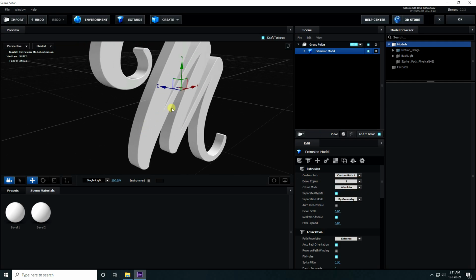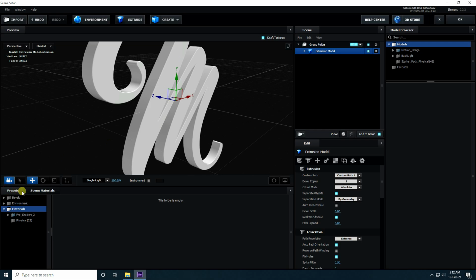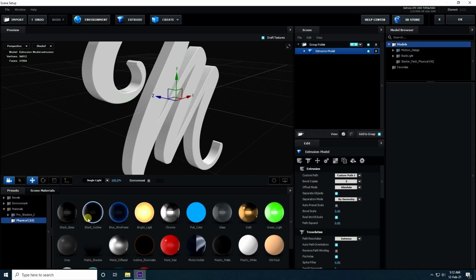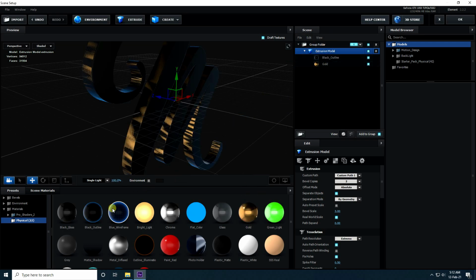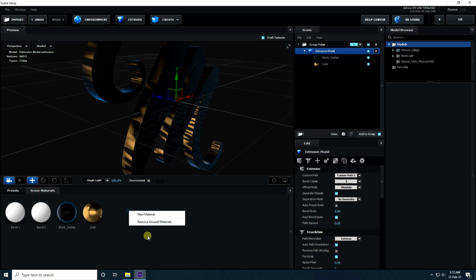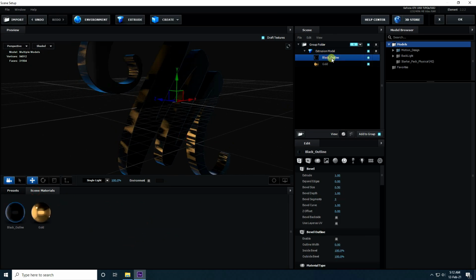Okay, so guys, go to presets, I apply material. Go to here, physical, and apply material like this, black, and the second one gold material. Remove unused material. Select this black material and extrude I take 0.2.